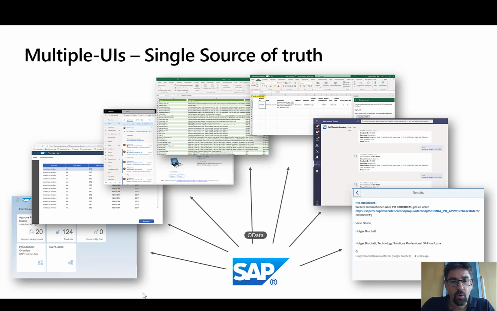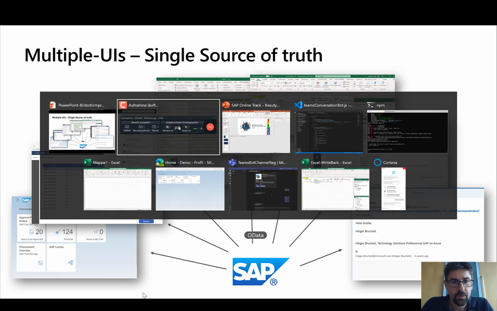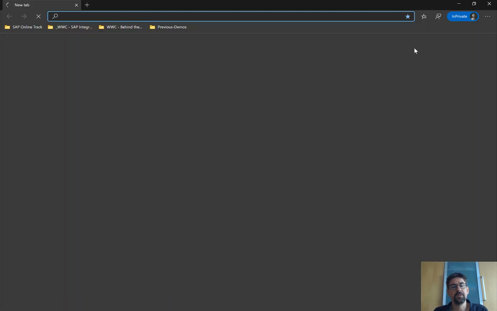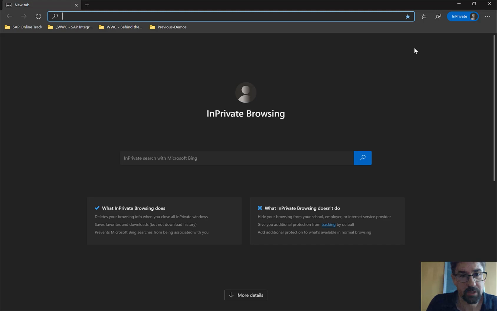So let me switch over to actually a private window here in the browser. So from now on, there are almost no slides anymore. So I hope that everything works out fine. I want to start with